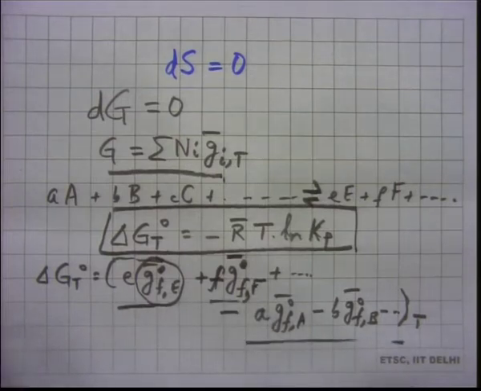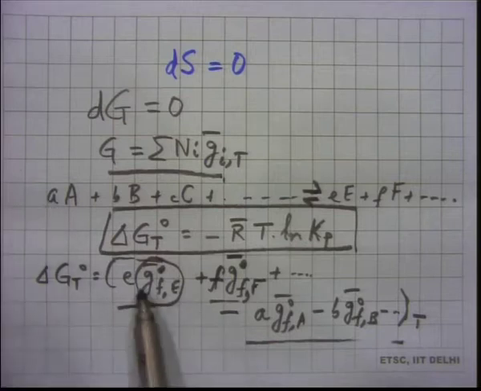What do we know here and what do we not know here? We will know the small e, small f, small a, small b, etc., because these will come from this reaction, correct. So, we have the reaction. So, we will have the small e, small f, small a, small b, small c, etc., no problem with that.